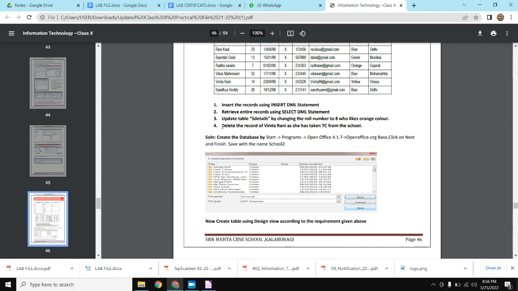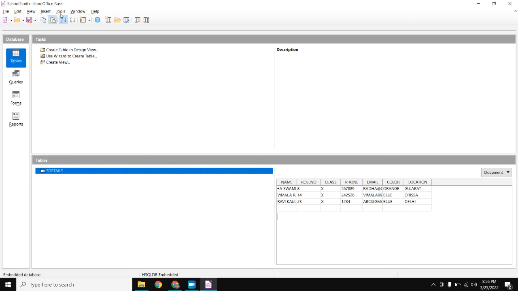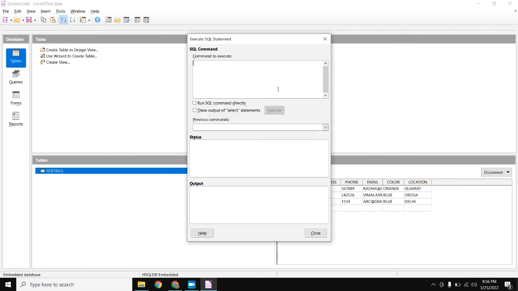Next thing, one more command we have to execute, that is to delete the record of Vimala Rani as she has taken the TC from the school. So we have to delete Vimala Rani's record. Which command we have to use, that we will learn. Here you have to come to the tools, SQL. Here you have to write the query for that. Okay, delete from,